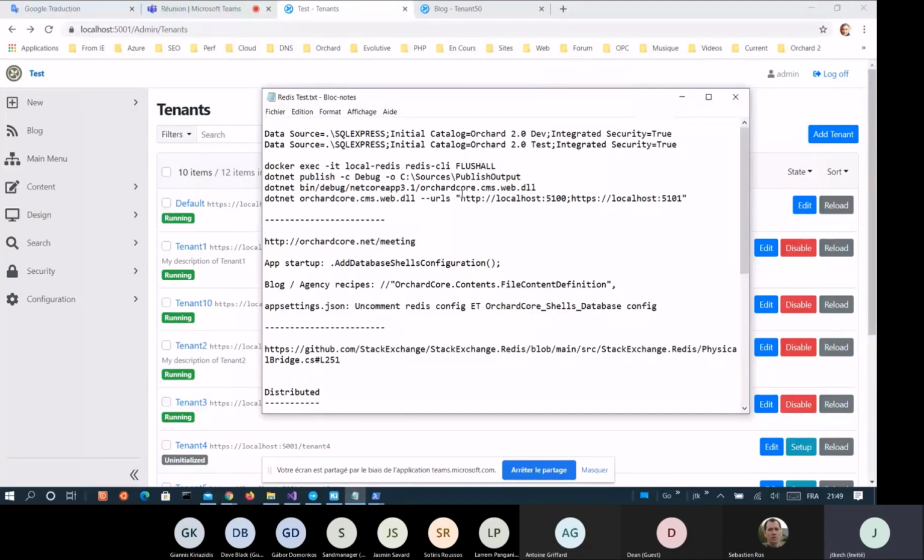One idea I have, maybe in another PR, is to do distributed commands. If we agree that in a distributed environment we can't have multiple instances on the same file system, we could have at least distributed commands, for example, to purge the media cache or the sitemap cache, or to rebuild these indexes. This is where I am. Okay, that's great. Thank you. Awesome.